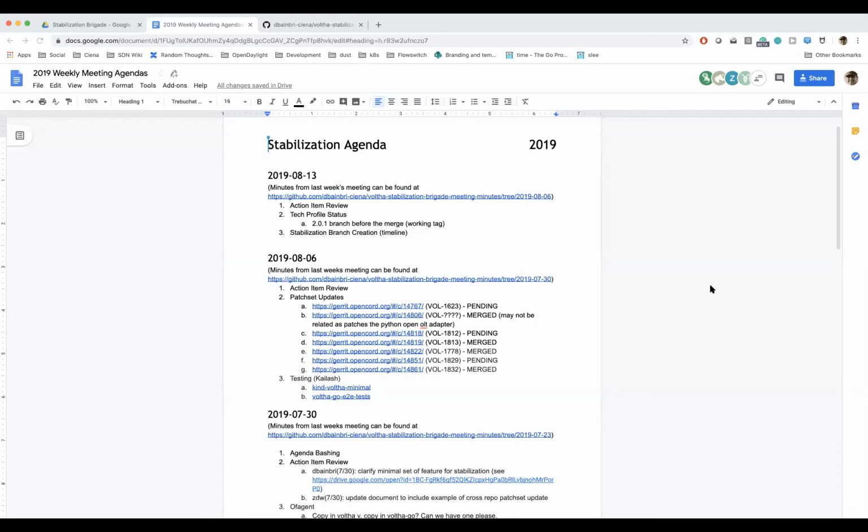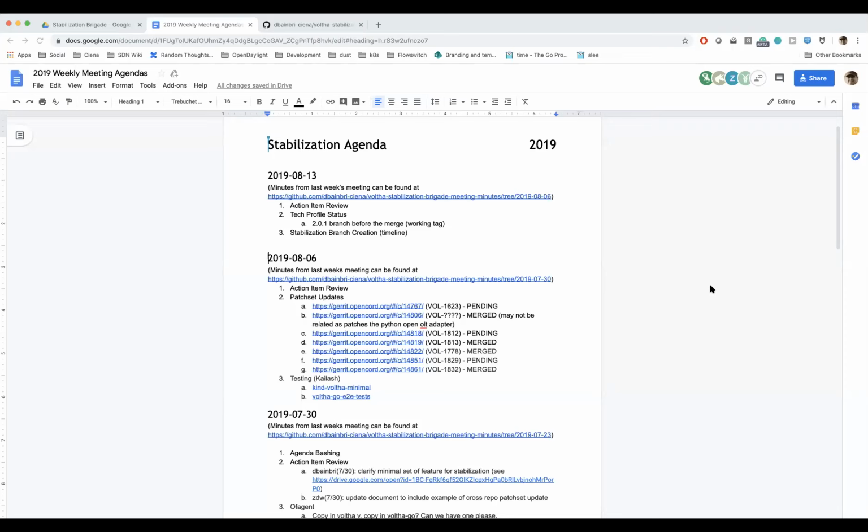The idea going forward was to have a higher bar before patch sets get put into master, not only for the stabilization brigade, but post stabilization brigade, so that we don't, 6 months down the road, run into this same situation where Volta is once again unstable and we have to go off and refocus on stabilization. So my understanding is, yeah, we're trying to keep master stable to some extent. I mean, it's never going to be bug free, but